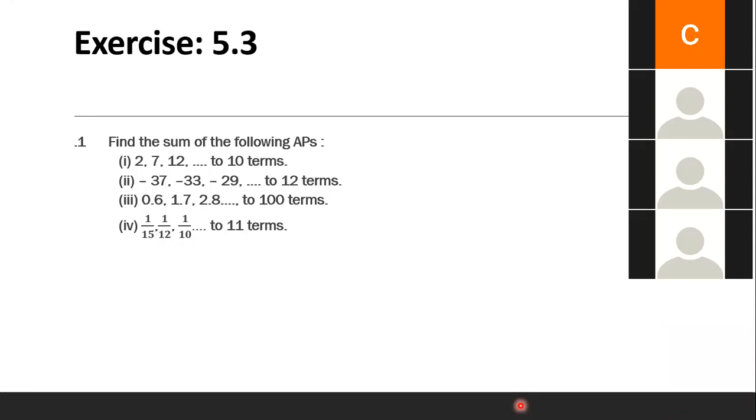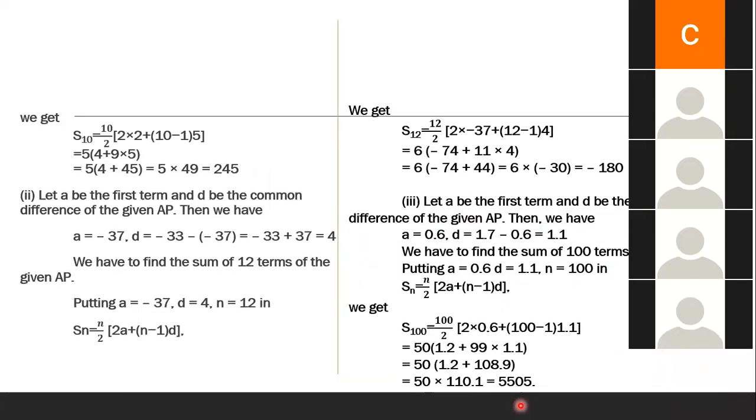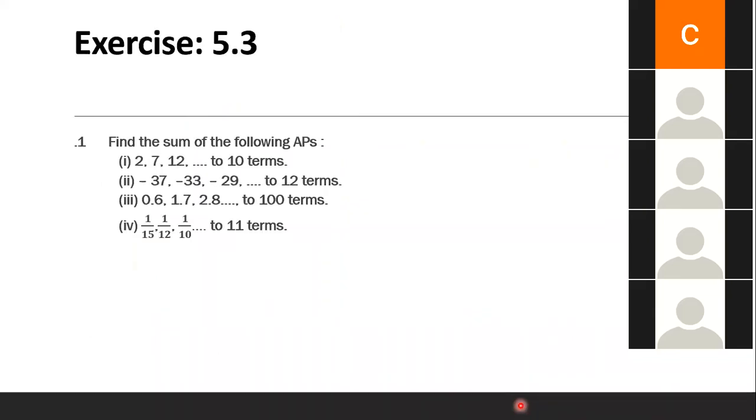Here, observe the 4 questions, how they gave. First, only natural numbers they have taken. Second, negative integers they have taken. Third question, decimals they have taken. Fourth question, fractions they have taken. So if I practice all these varieties, it will become perfect. So shall we go to the first question, children? Yes, ma'am. I'll explain only the first one. Remaining, I want you people to do it.